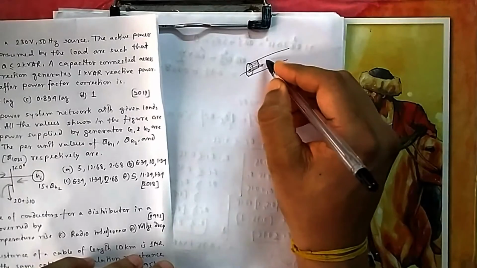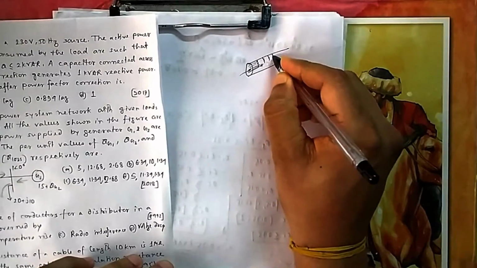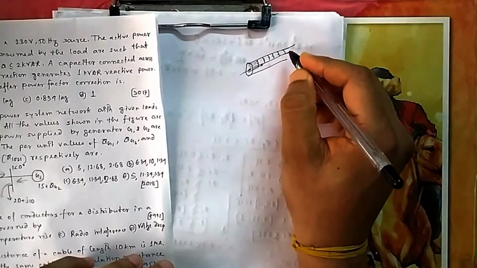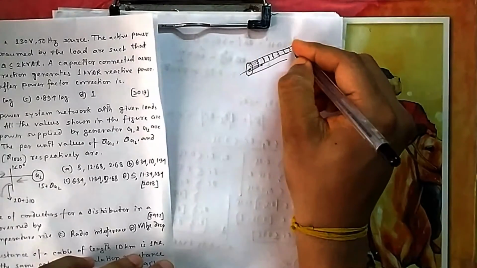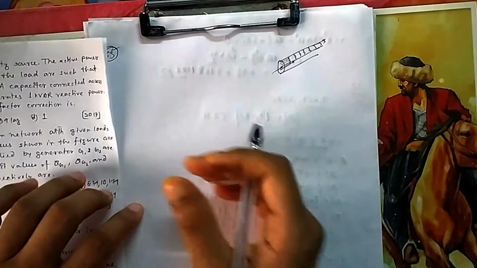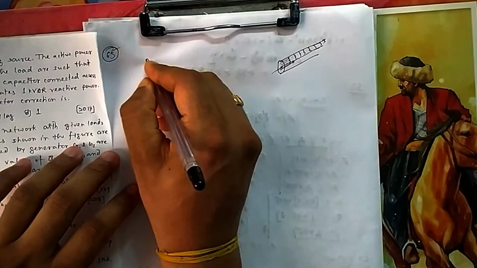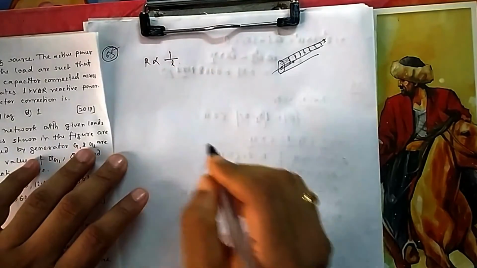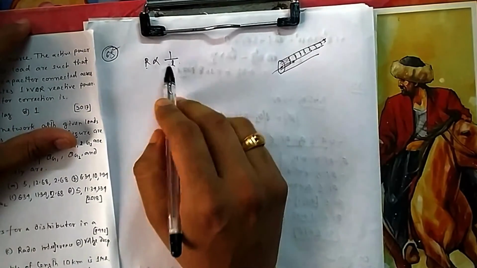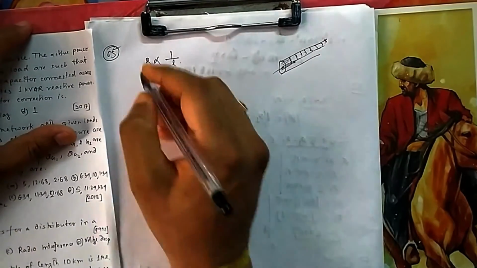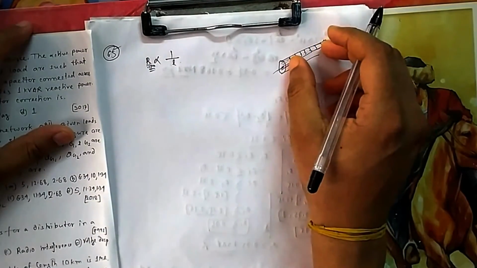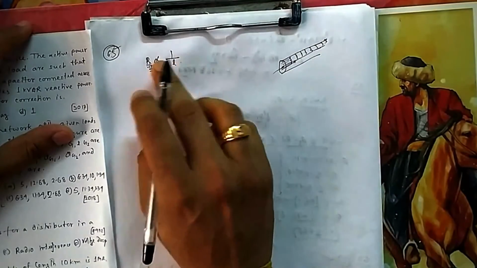If you increase your length, these resistances will come in parallel. You can think of it this way: all these insulation resistances, if you increase your length, more and more will come in parallel. If more and more parallel resistances are coming, that means the resistance gets reduced. So resistance is inversely proportional to length in the case of that cable. R insulation: as you can see, if you are increasing L, you are adding more and more insulation resistance in parallel. So it is inversely proportional.